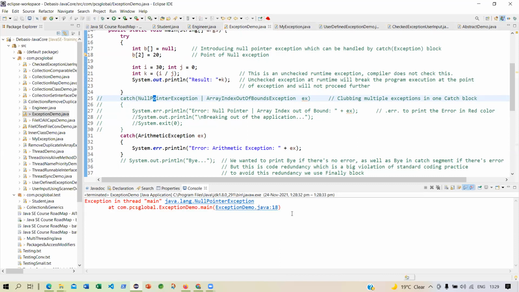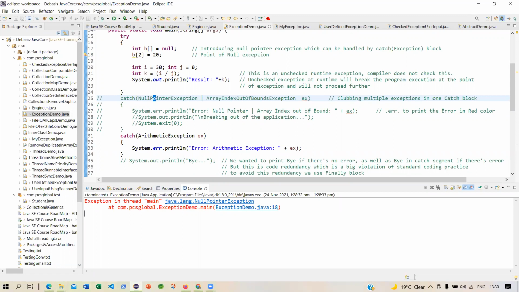What happens is the runtime engine gives you the file name that you are executing, as well as the line number where the error has happened. ExceptionDemo main, that is the program, and in the main method of ExceptionDemo.java.